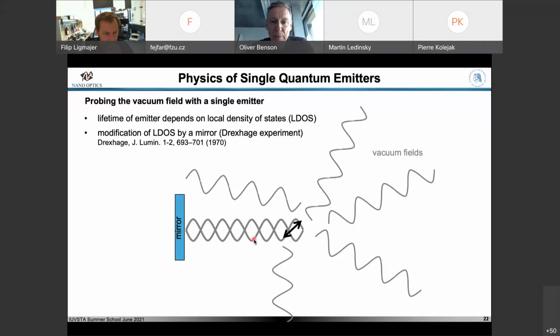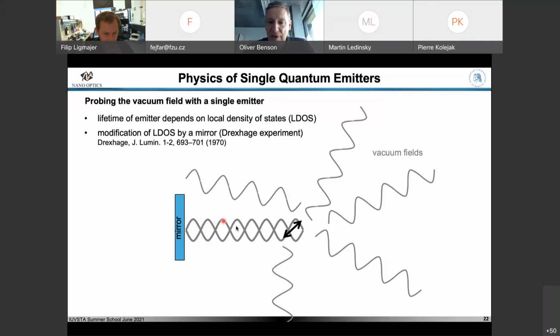And the experiment would be, well, maybe we have the vacuum and we have maybe an atom-like object depicted here as this double arrow, so a little dipole. Well, let's just put a mirror here, maybe far away, but you see, you can treat the vacuum field as if it was a real field. And you know what's happening in front of a mirror. So if you send a real electromagnetic field to a metal interface or so, it is reflected, and the boundary conditions enforce that you have a standing wave here with zero intensity next to the surface.